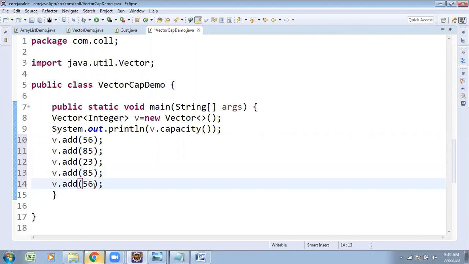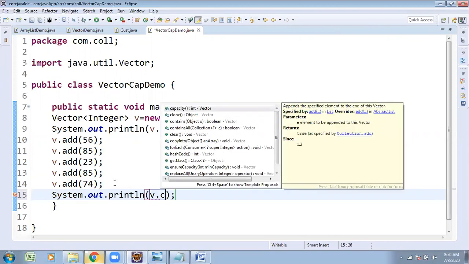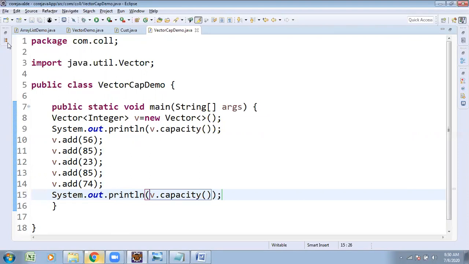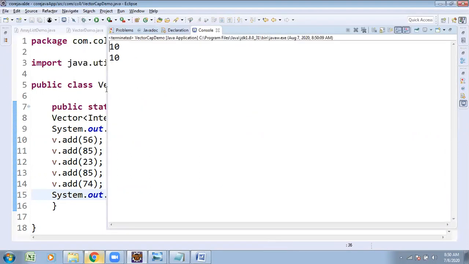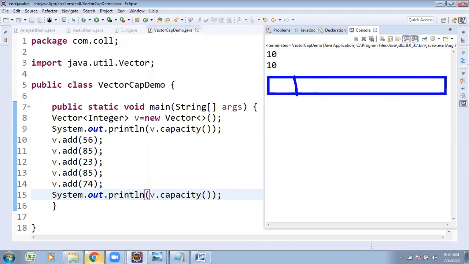After inserting the 5 elements, checking the capacity with the v.capacity method. See the output: initial capacity of Vector is 10, and after inserting the 5 elements, capacity is still 10. Why? Because when you create an empty Vector, internally it creates one array structure, and in this array there is a possibility to insert up to 10 elements.